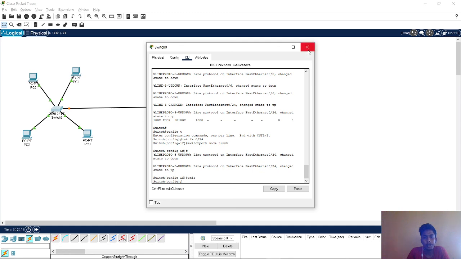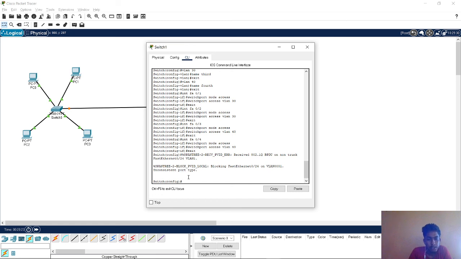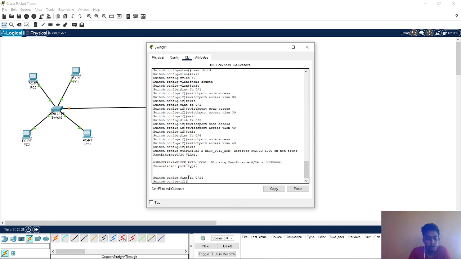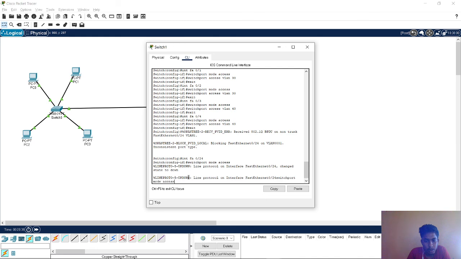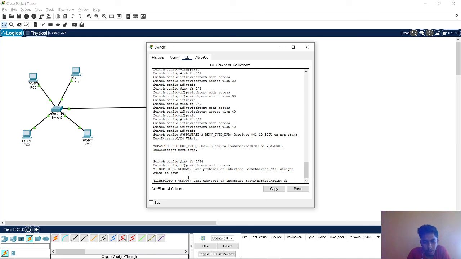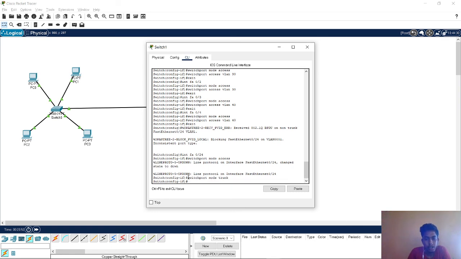The same command we need to give here also: interface FA 0/24, switch port mode trunk. So it will be trunk here. Exit.